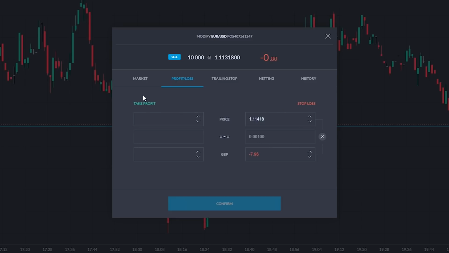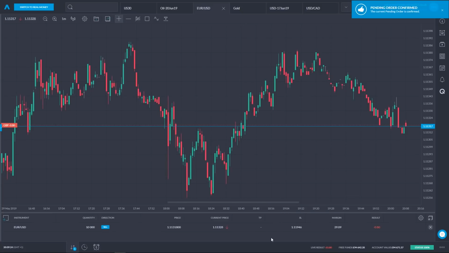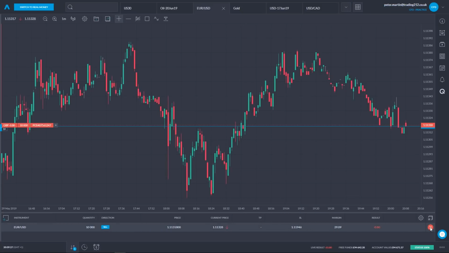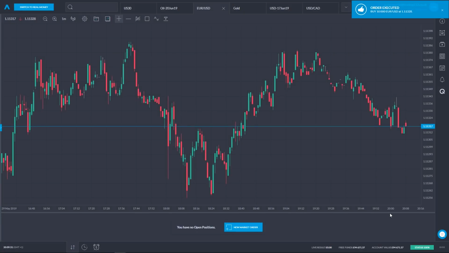So I haven't got a take profit because I didn't put on a limit, but here is our stop loss, and we could just move it further away perhaps, just to risk a bit more. And then maybe we want to just see what it's like to close a trade if we haven't done that before. We click there. Then we've gone through the whole process of opening and closing a position. We know how that all works without actually having to risk any money